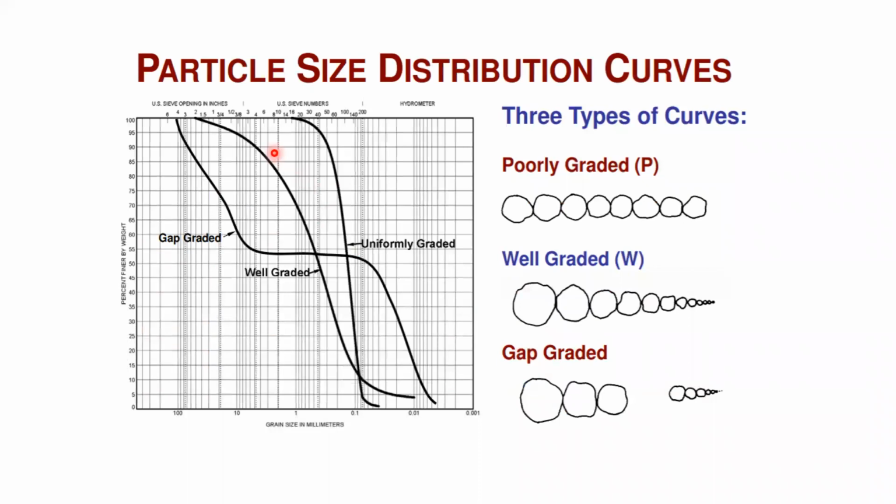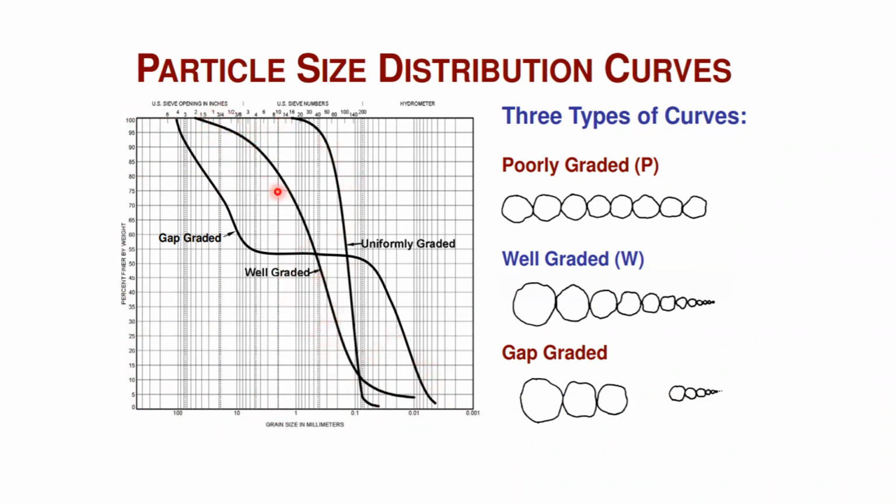Okay, so we can see the graphs. We shall get the graphs this way. The x-axis is on the log scale and the y-axis is on the arithmetic scale, that is the percent finer passing. Suppose you are going to collect soil samples from 3 different locations. Definitely we can draw 3 graphs. So here 3 graphs have been drawn.